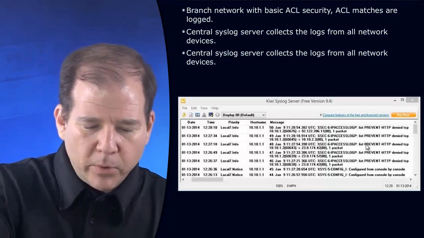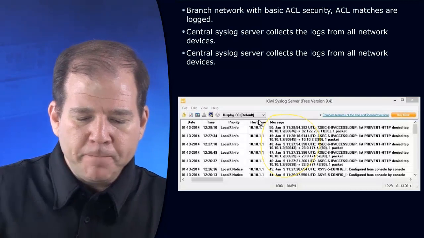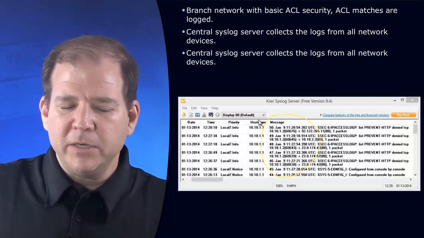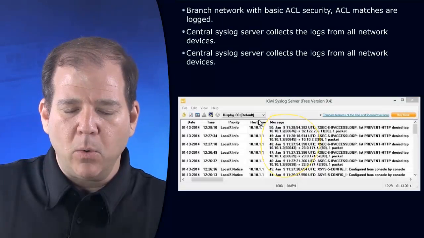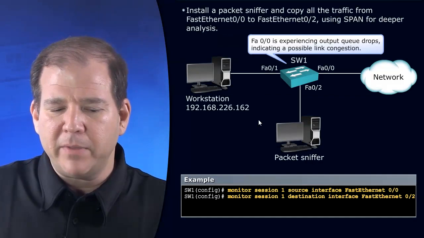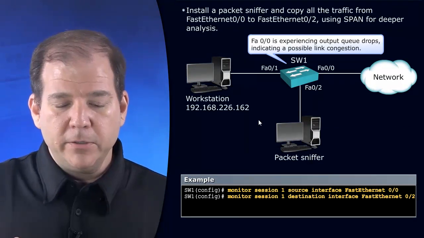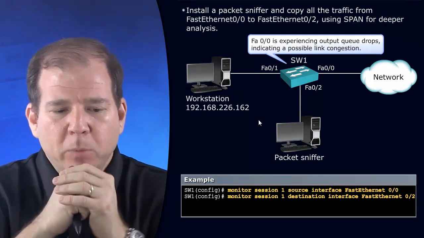And we're noticing that we're getting some accumulating logs on our syslog server. It looks like somebody's trying to come into a machine on our network, and they shouldn't be doing that. They're being denied by the access control list. We want to know more information about that. We would like to actually sniff those packets. Well, what we can do